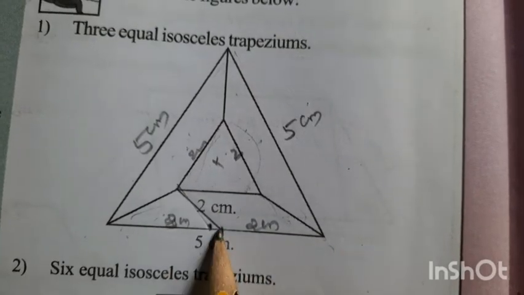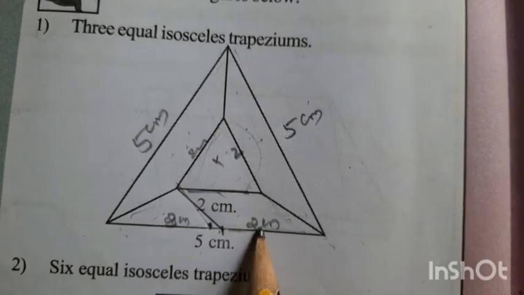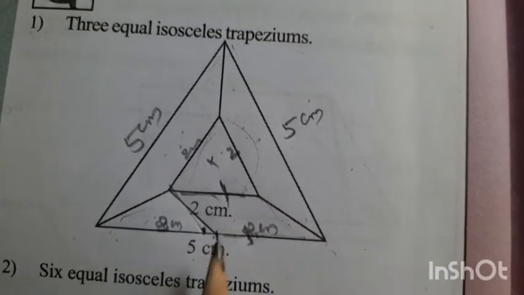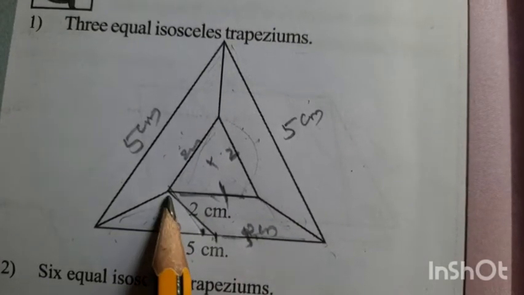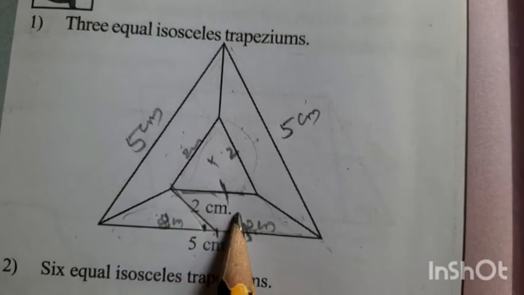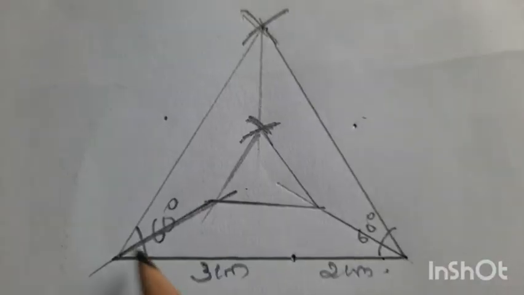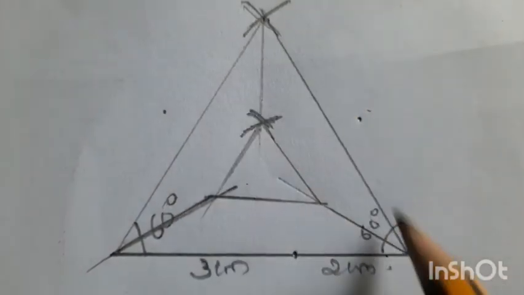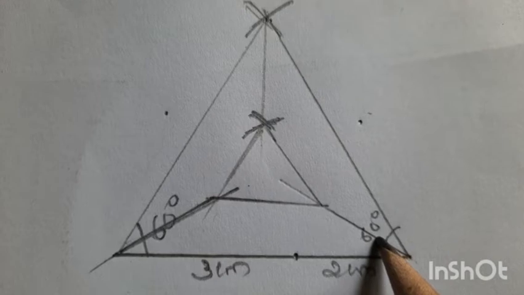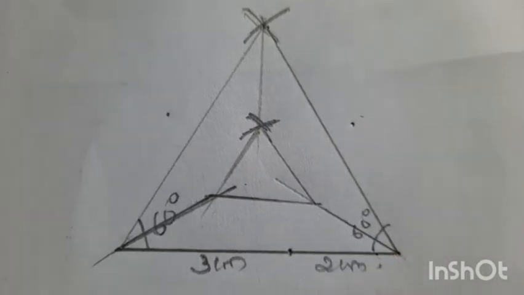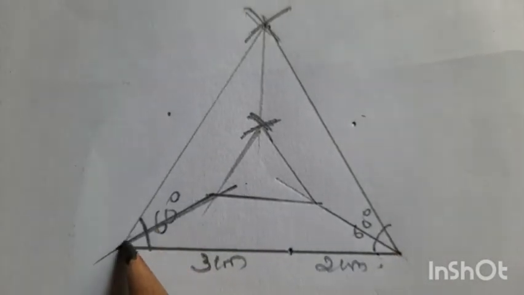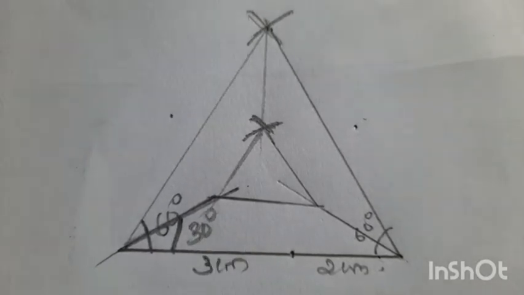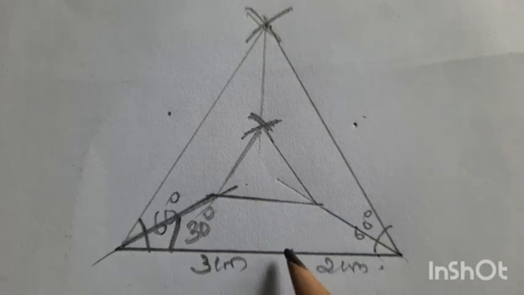So you got a parallelogram here. The opposite sides of a parallelogram are equal. So this is 2 centimeter and here also 2 centimeter. So we are splitting the trapezium into a triangle and a parallelogram. I draw this isosceles triangle. For that, this is an equilateral triangle with a 60 degree angle, isosceles trapeziums. Then if you cut this into half, this angle is 30 degree. So the same 30 you will get here also.